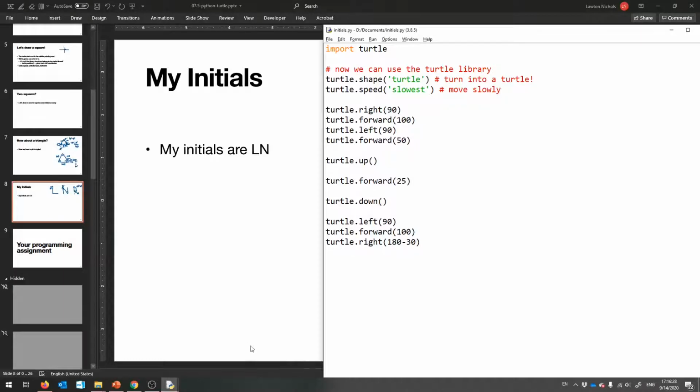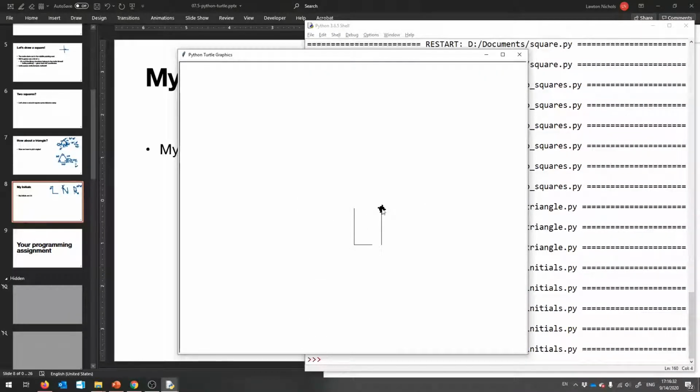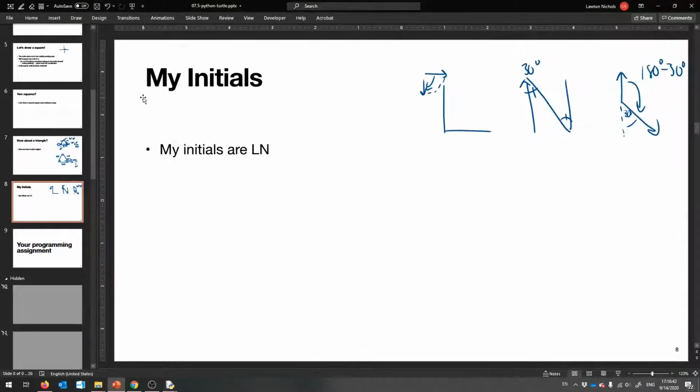And this is the kind of stuff you'll be doing. You could make it easier on yourself. You could just draw it like that or something, whatever you want. But this is going to be okay. We need to figure out how long this end needs to be. So if we want this to be 100,